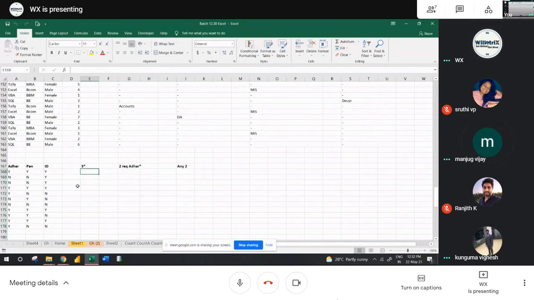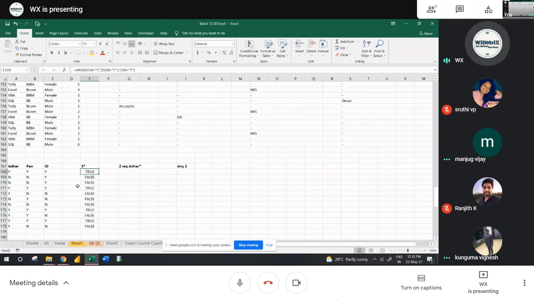First tell me, the three documents are compulsory, what did you do? ID equals to Y, and this equals to Y, and PAN card equals to Y. With that, ID should be yes, correct? When you drag it down, you will get the true result where the three documents are yes. This is how we can make three documents compulsory.